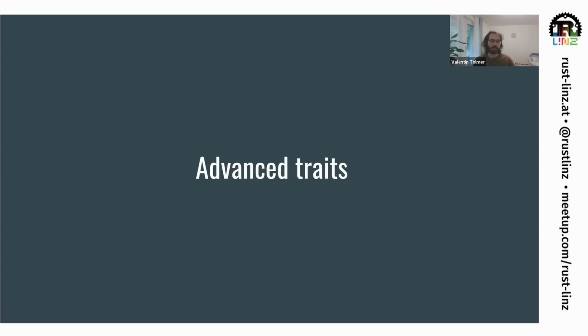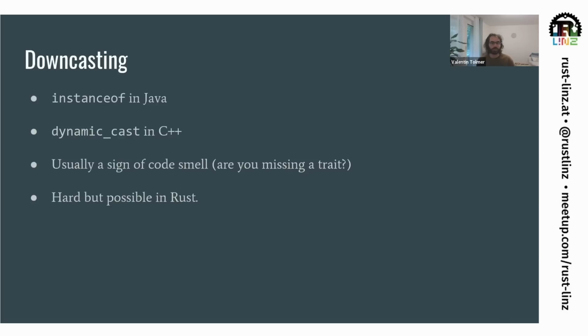So, for instance, you could do some downcasting, which is instanceof in Java or dynamic_cast in C++. Usually not something that you want to do. It usually means that you don't have the right abstraction. It's possible to do in Rust if you add some boilerplate to the types and so on. It's a bit awkward. Some crates make it easier, but it's still not great. You have to change the definition of the trait. However, there's usually a way to reframe it so that you don't depend on